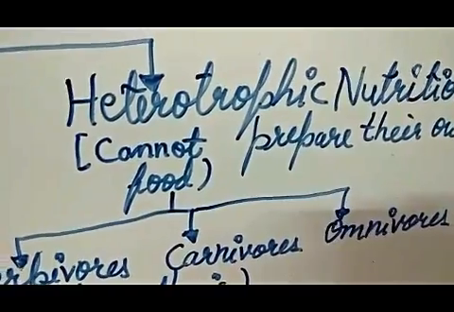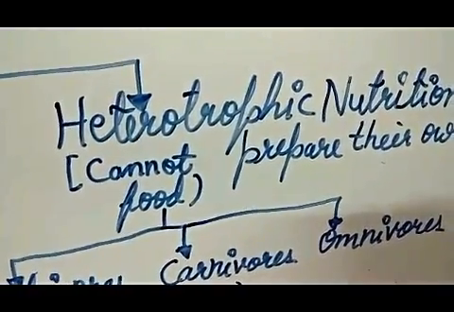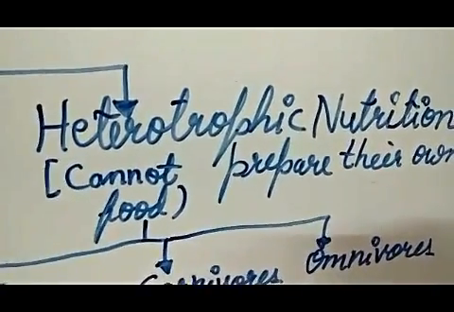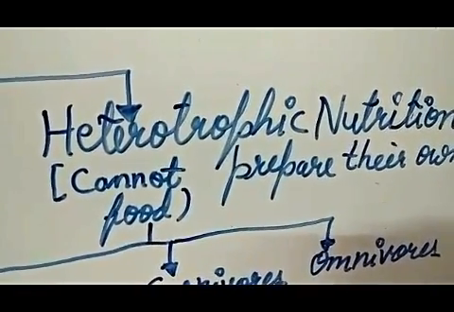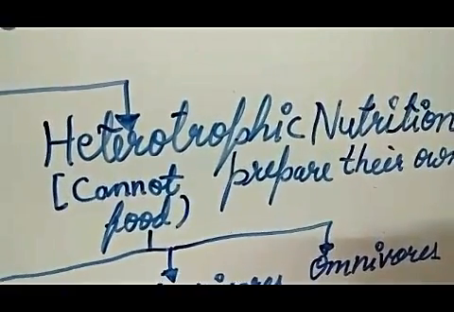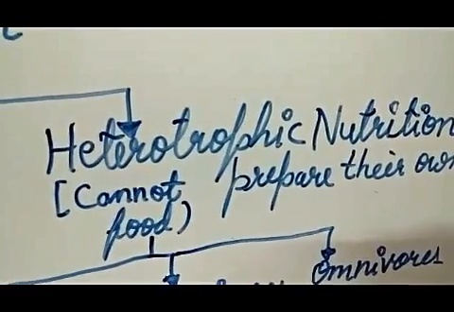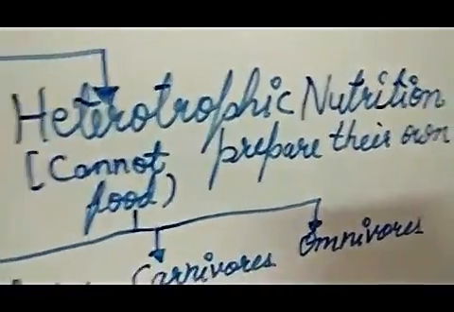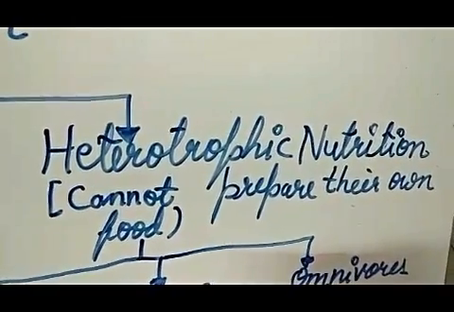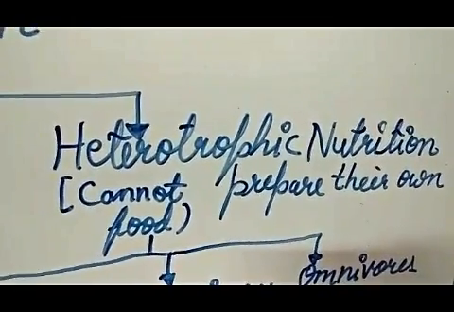If you list all the food items that you eat during the day, you will know how much we depend on plants and animals. Wheat, rice, pulses, vegetables and fruit are obtained from plants. For milk, curd, cheese, eggs and meat, we depend on animals. As I have already explained, in heterotrophic nutrition, animals cannot prepare their own food. So,